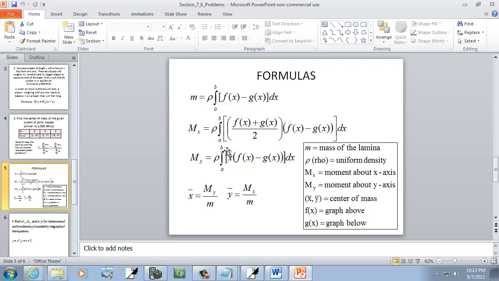Now remember, our formulas are these over here. We'll define m sub x and m sub y, which are then used in x bar and y bar. Use these formulas, and m is also used in these formulas. So we'll first start out with the m. Now f of x is the graph above, and g of x is the graph below. So if we look at this,